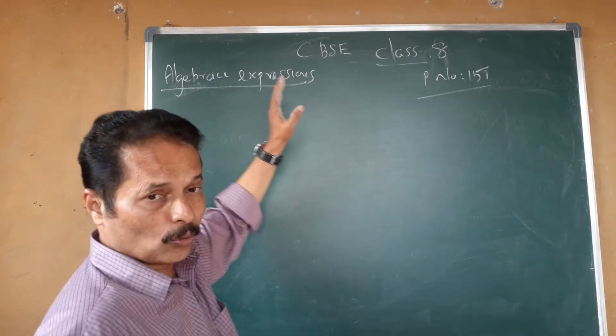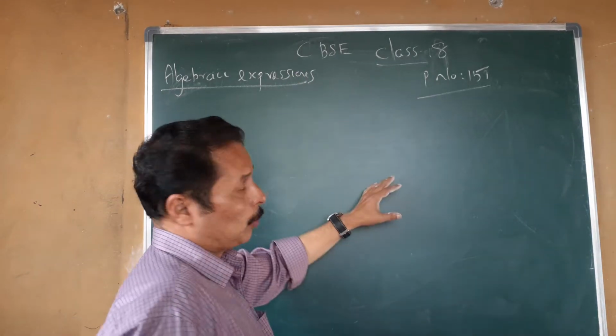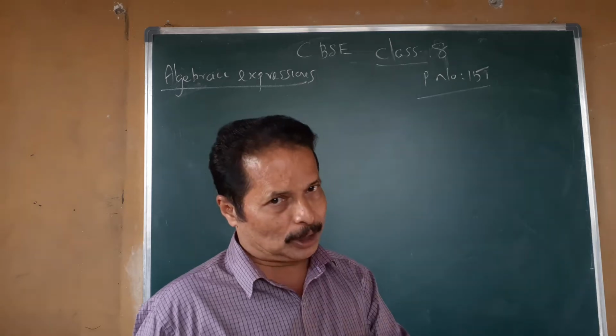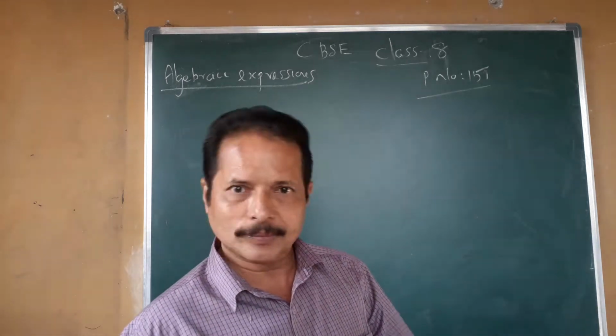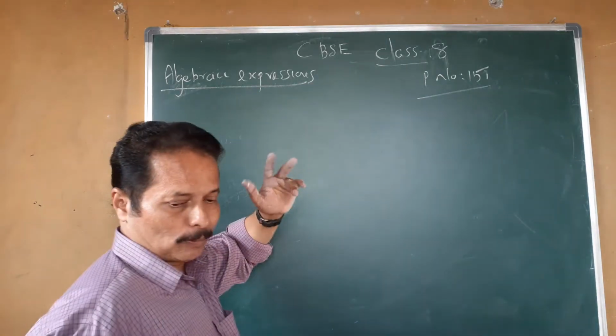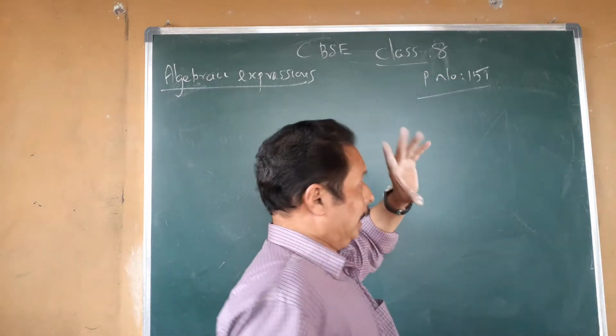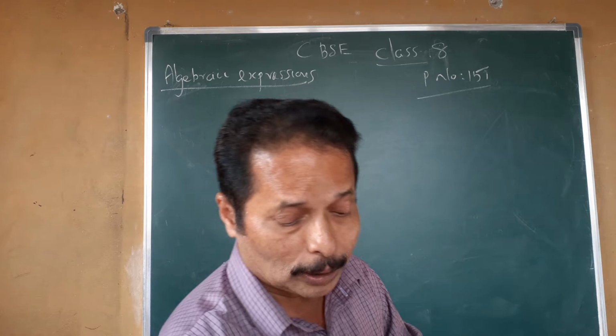Now, you already completed 7 problems of (a plus b) whole square, (a minus b) whole square, (x plus a) into (x plus b), (a plus b) into (a minus b). Okay. Now, some more problems that are connected with the textbook, that is on page number 151. It is not necessary to do all the problems.